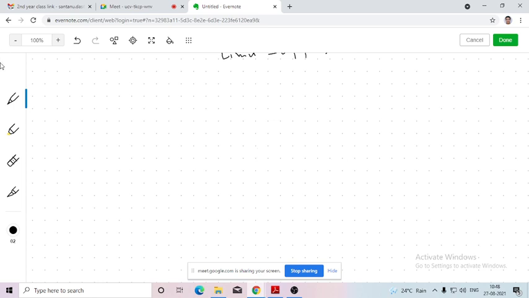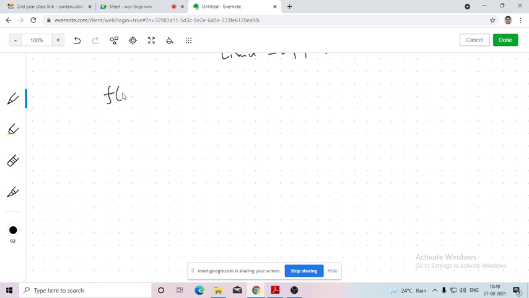Now we'll discuss how we can check the existence of a limit graphically. After that we use different rules to evaluate the limit, but before that we need to check the existence of the limit, because if the limit exists, then only can we evaluate the limiting value. If the limit doesn't exist, then there is no scope of evaluating it, because the limit should exist first. So first we need to check whether the limit exists or not.